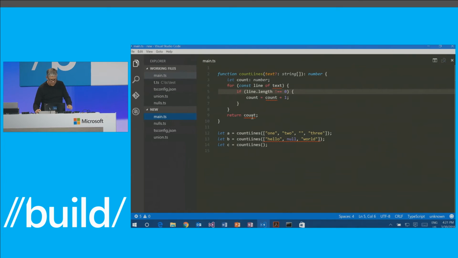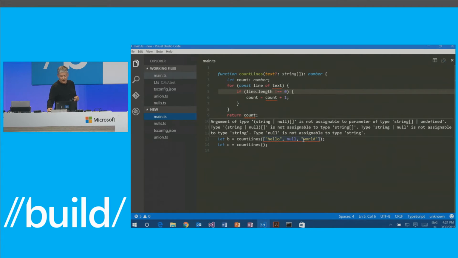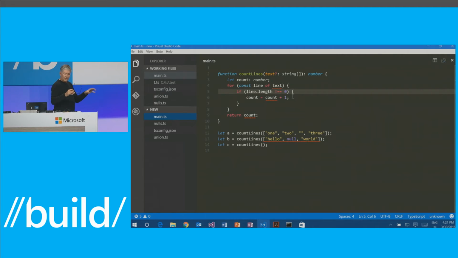And it tells us down here, too. Then it tells us that text, because text is an optional parameter, could possibly be undefined, and you're not checking for it here, so this would cause an exception if you ran this code. And then down here it's telling us that you're passing null, but you're supposed to give me a string array, and null is not a valid string. So all of a sudden, all this stuff lights up.